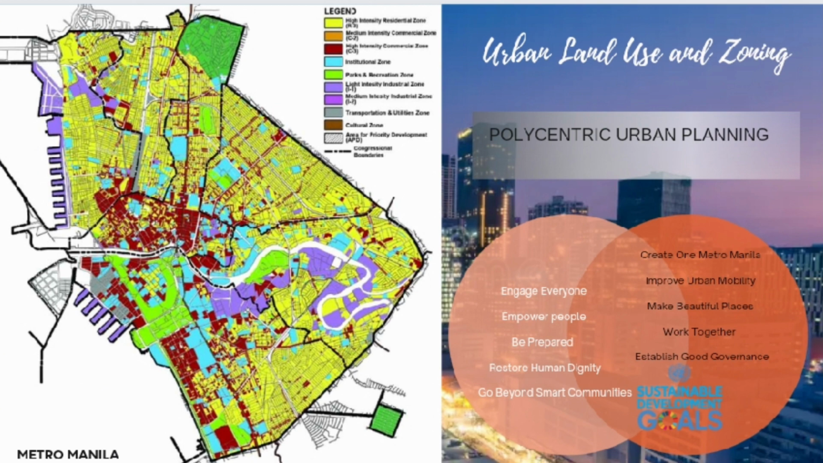So which they applied polycentric urban planning means they want to have many small centers or hubs access to the city instead of just one big center. So it helps spread jobs, services for better living. So example